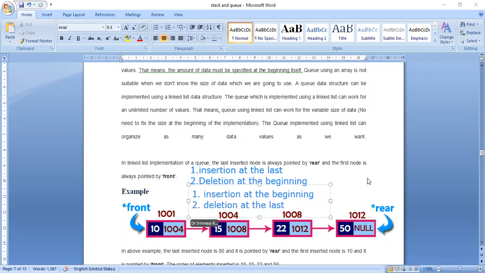That is insertion at the beginning and deletion at the last. So then what will happen? What are the two options I will be having? Then insertion means this one.